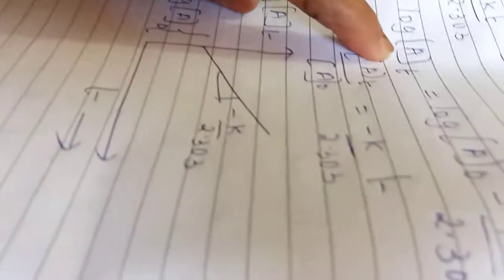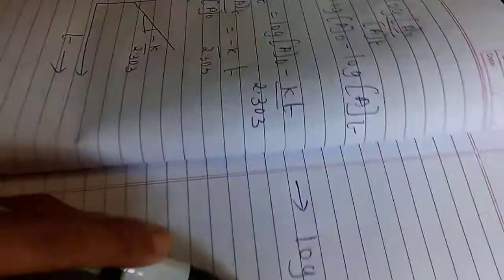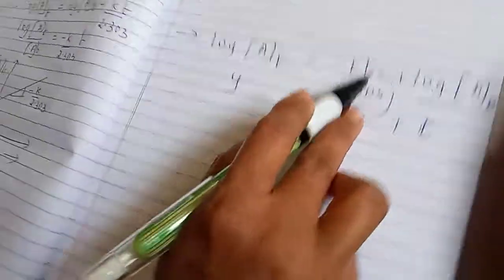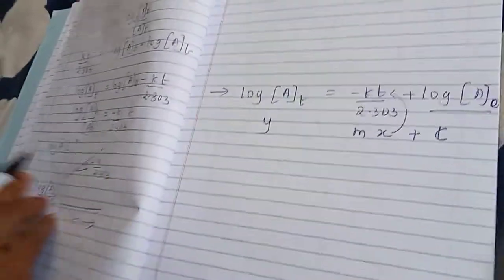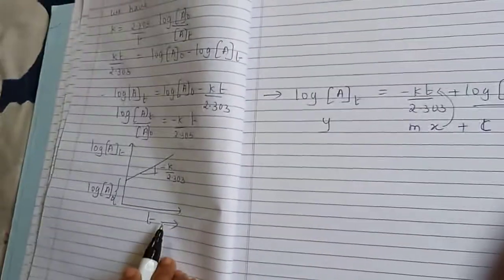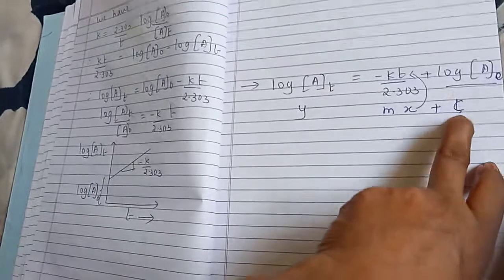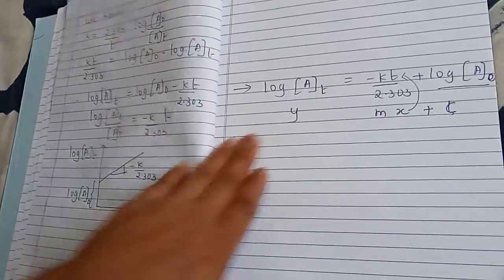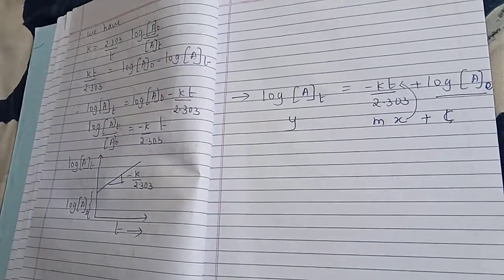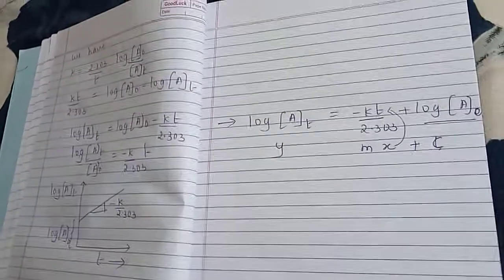Here I have plotted a graph of log A_t versus time t. हे बघा, तुम्हाला इथं बेटर करणार, A_t versus time t, A_t y axis, t x axis, ओके, slope is minus k divided by 2.303, पण इंटरसेप्ट येते, that is log of concentration of A_0. हे बघा, this is the intercept, c is the intercept, you know that, isn't it? This is the equation of the straight line here. Are you okay? Are you okay?